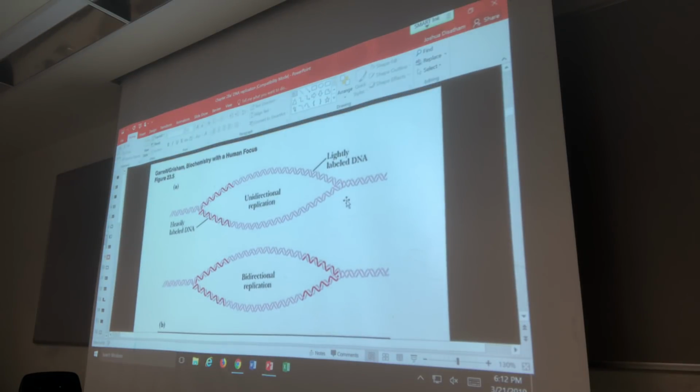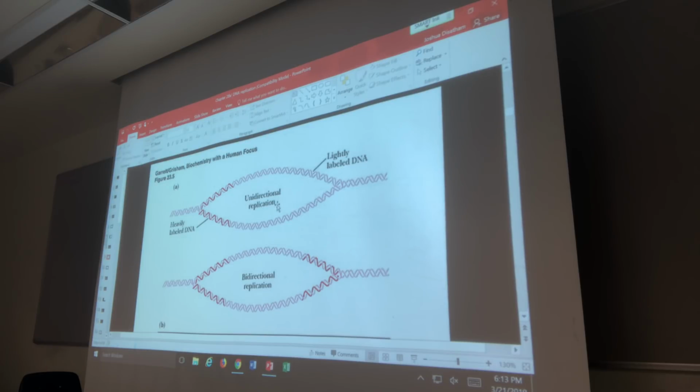So, the phrase bidirectional: DNA replication is bidirectional. What this means is, in order to replicate DNA, you have to open up your template DNA. Here's an example. You had double-stranded DNA, and they've opened a hole in it. This is called the origin of replication. ORI-C site is sometimes also used, an origin where enzymes will begin replicating DNA.